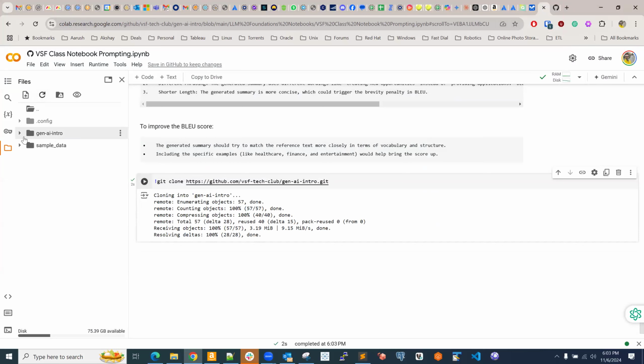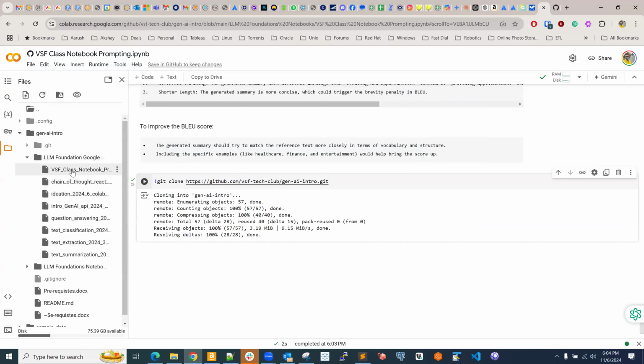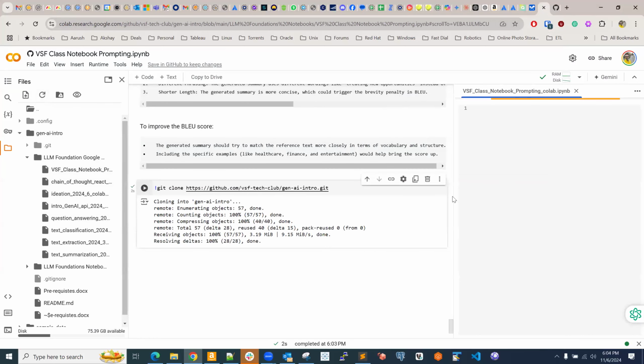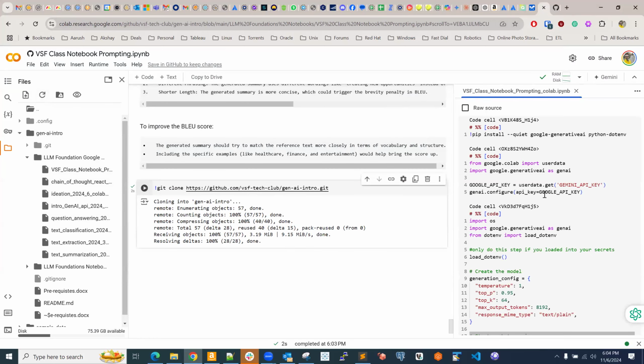Yeah, so it came here. Now I nicely see, just like in GitHub, all these things, right? So I go here, and if I double click this one, it should open here in the code. Yeah, opening. It's because Google Colab is a little different. Unfortunately, you would have to save this somewhere, and then maybe in your Google Drive, if you connect it to your Google Drive, save it there. Then click File, Open Notebook, navigate to the folder where you saved it, and open it that way, or else it's only going to give you the Python code on the right side.